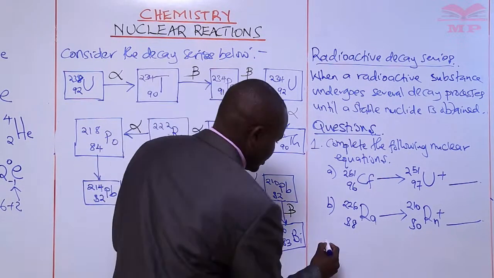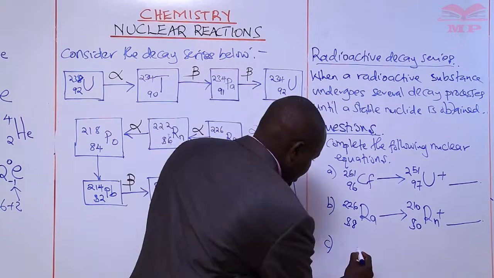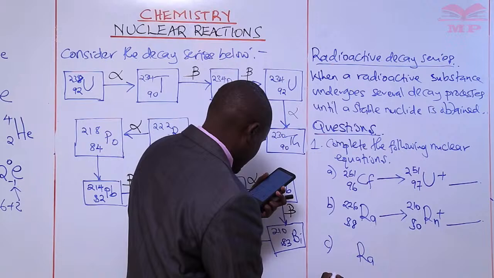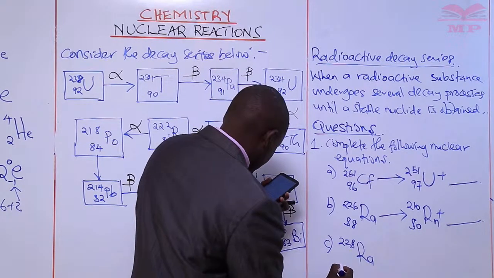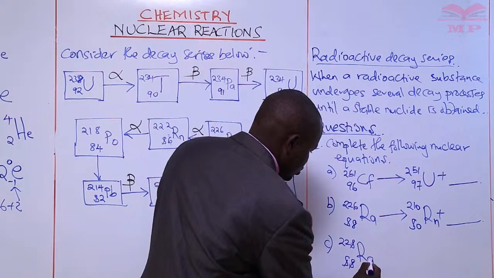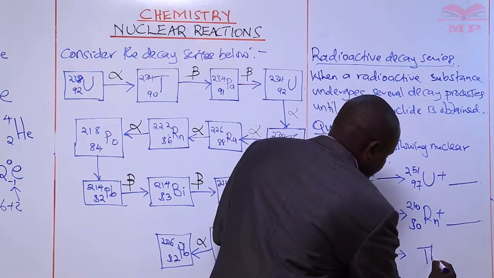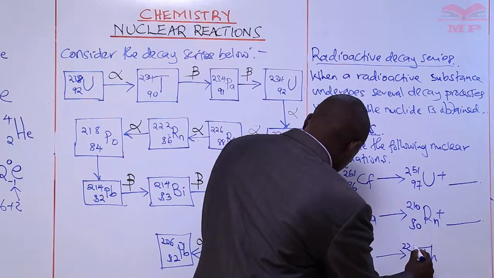And then lastly, you try this one. Part C. We have this one, decaying, mass number 228, atomic number 88, to produce a new nuclide represented by Th, mass number 228,